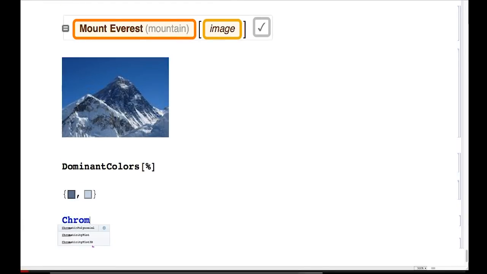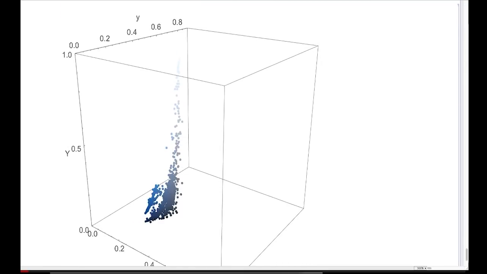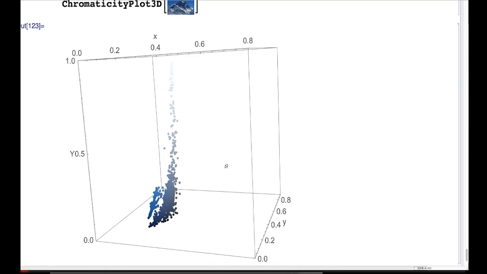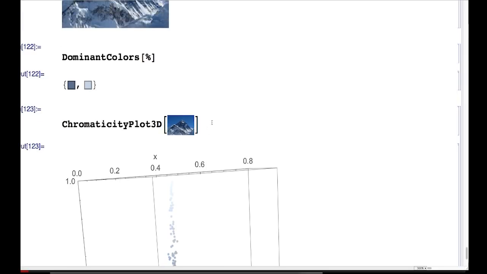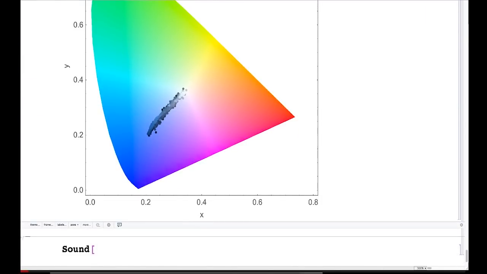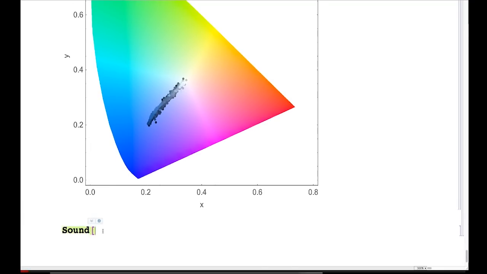We can make a 3D chromaticity plot of that image here, and then we'll get this kind of thing, showing us where in color space that lies. So now, if we wanted to, we could map color space into, well, let's do a 2D chromaticity plot. We can obviously map those positions in color space into something in frequency space. So, for example, let's imagine, just for fun, let us take